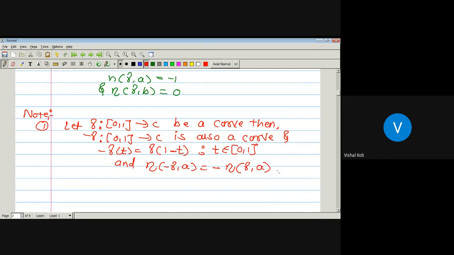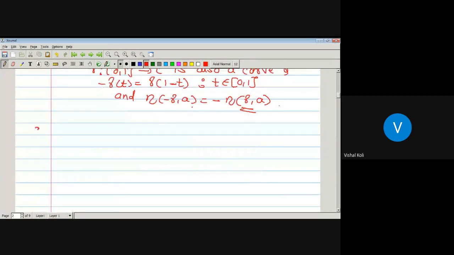Okay, if we have one curve gamma which is defined from the closed interval [0, 1] to C, then minus gamma is also a curve defined from [0, 1] to C, and it is defined by minus gamma of t is nothing but gamma of 1 minus t, where t lies in our given domain, the closed interval [0, 1]. And the index of the curve negative gamma around a point A is nothing but the negative value of the index of the curve gamma around a point A. And there is one more note, which is that if gamma and sigma